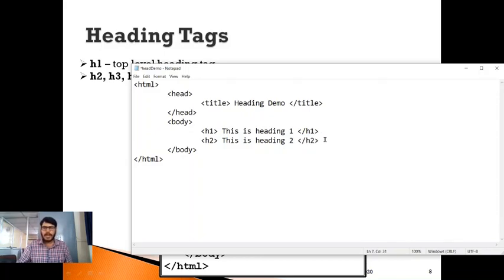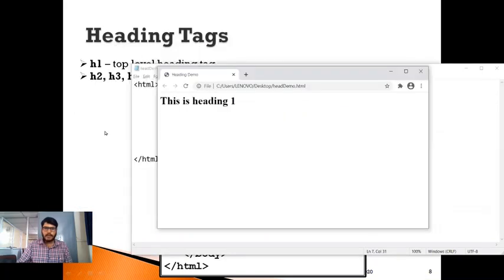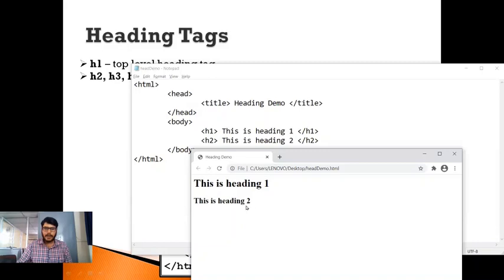Okay, so now let me save this and let me go to the web page here. Let us refresh this. You can observe here whatever heading 2 we have just included, it is appearing on the web page. This is heading 2.